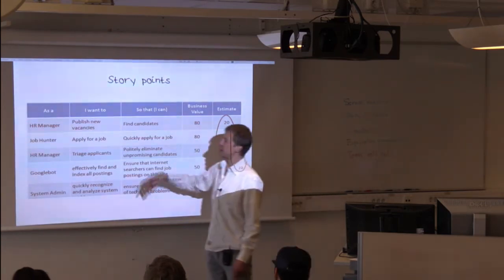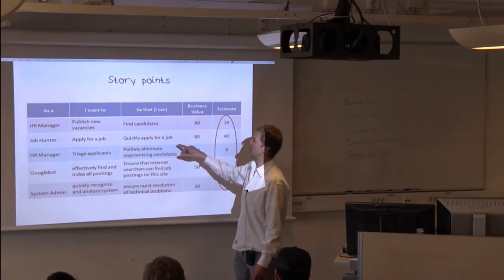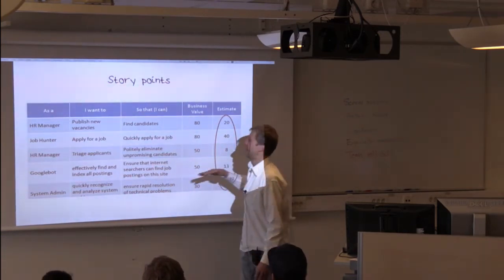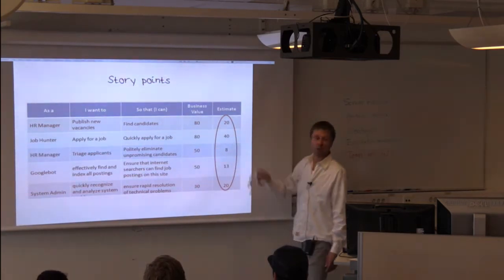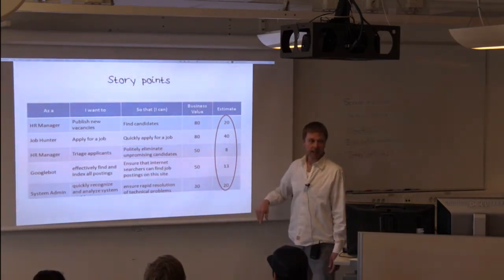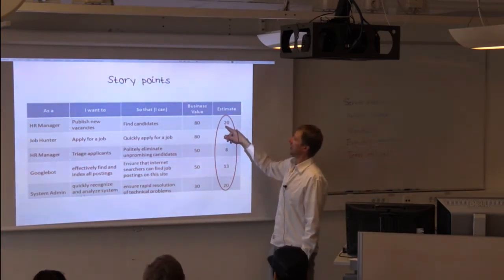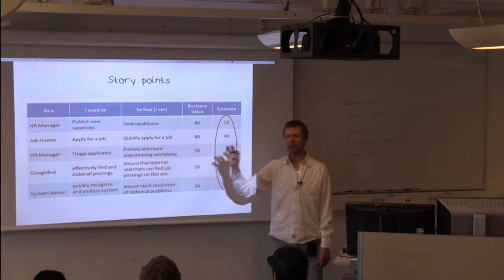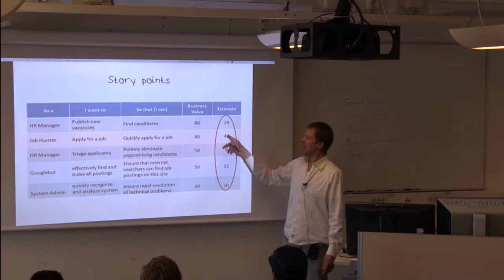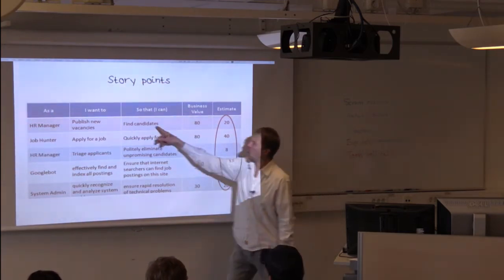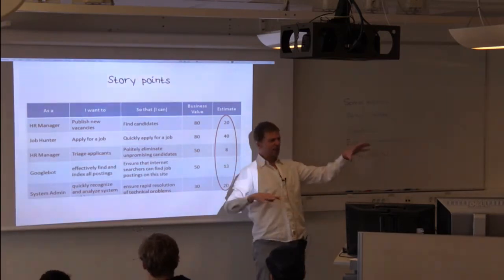So the second story here says, as a job hunter, I want to apply for a job so that I can quickly apply for a job. And this has an estimate of 40. And what this means is that the team has said that if this is a 20, just give any story a 20, whatever it is, right? If this is a 20, then the team, when they look at what does it take to do this, like roughly, we need to change these things,